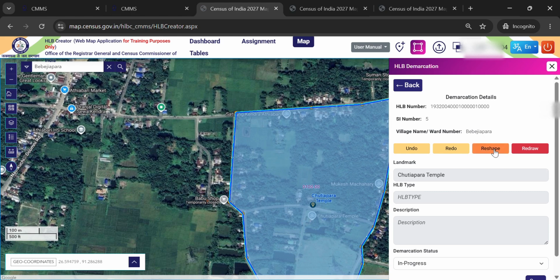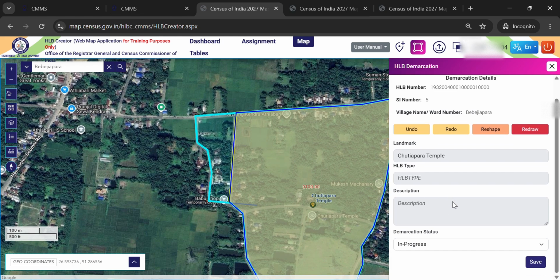For that we click this reshape button, and as we are including it, we start from inside the HLB, from this portion, and then cut like this, like this, like this, and after dragging it inside the HLB, we double click it.